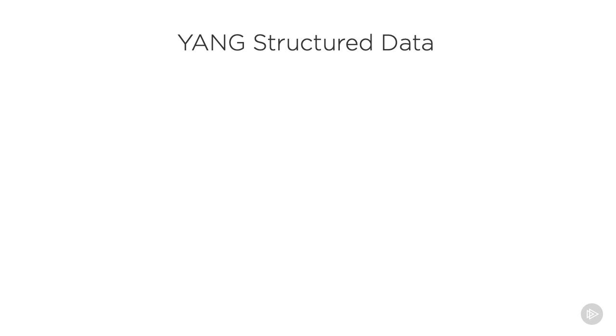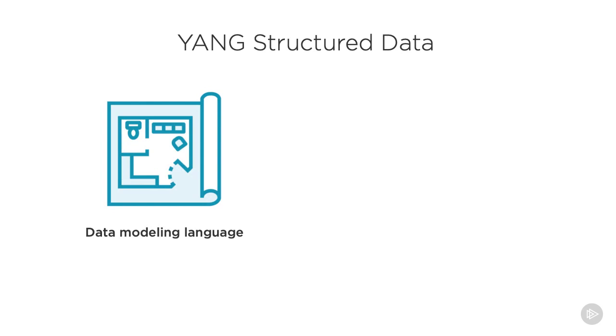YANG is a topic that could warrant an entire course by itself, but I'll focus on refreshing the basics we discussed from our previous course. YANG is primarily used to model data. We've spoken in the past about SQL databases having a schema where the column types restrict what kinds of information the table holds. XML documents can also have a schema indicating how the elements are hierarchically structured and specifying acceptable data types for individual element values.